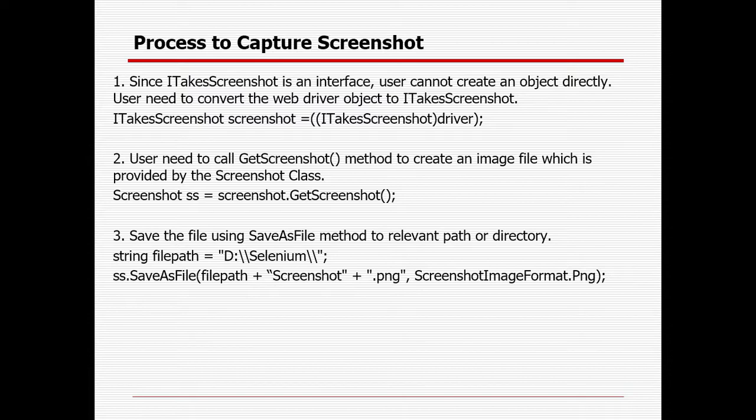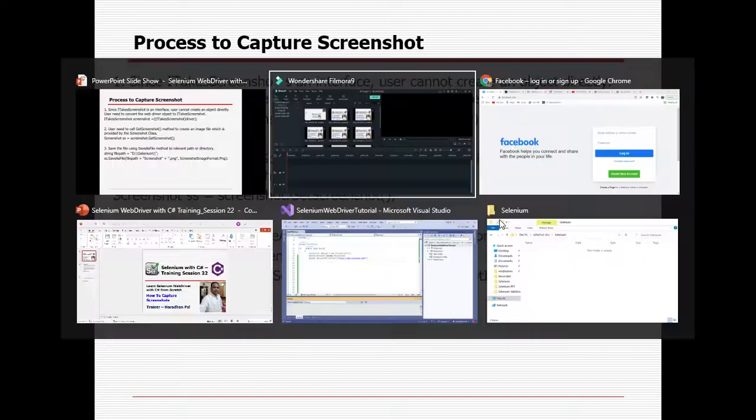So how can we capture the screenshot? First we need to create an object or instance for the ITakesScreenshot interface. It's an interface, so we cannot directly create a screenshot. We need to typecast the driver. After that, we need to call the GetScreenshot method, which is available in the Screenshot class. After that, we need to save it in some file, so with the help of the SaveAsFile method, you can capture the screenshot. So let's try to